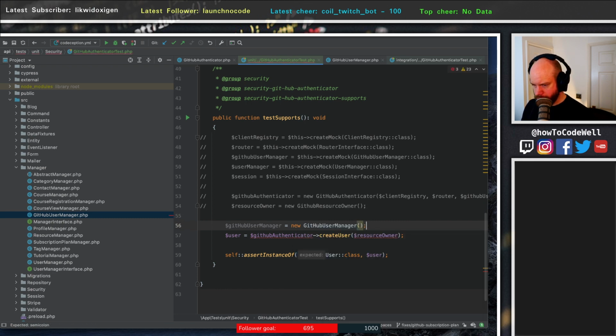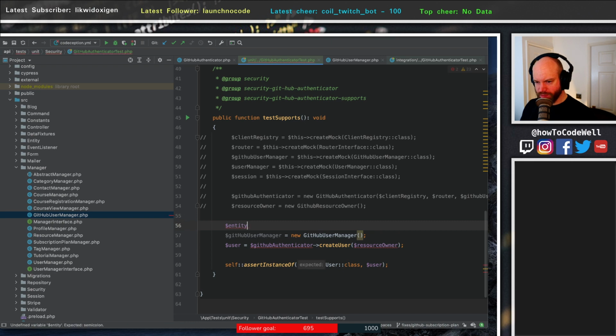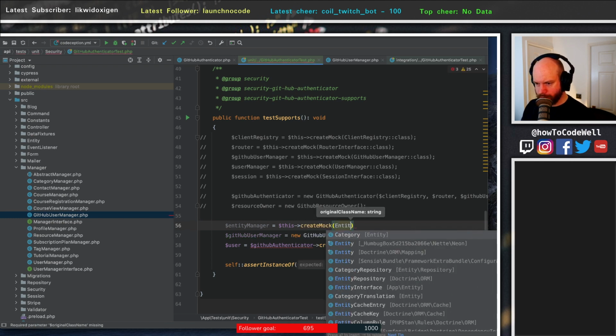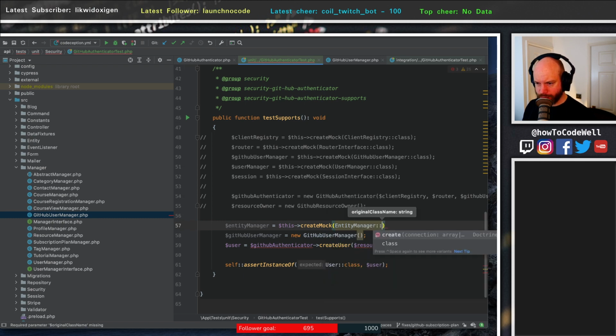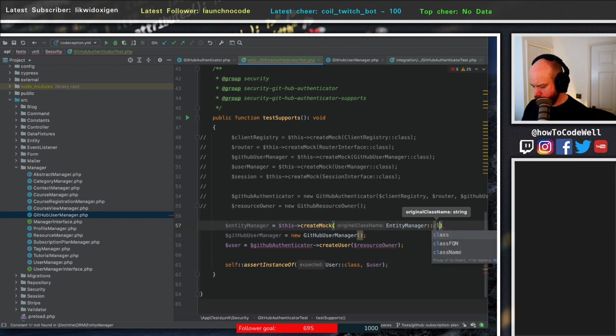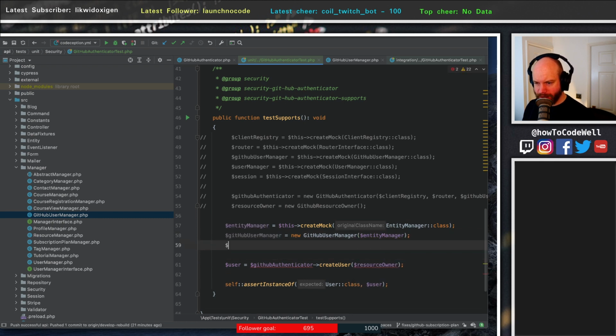And we're going to mock the entity manager. Entity manager is equal to this create mock entity manager. Oops. Pass that in as this, and then from the GitHub manager, which is this one, sorry,